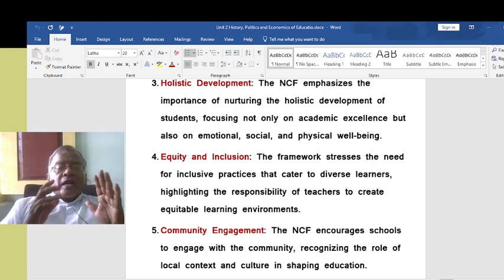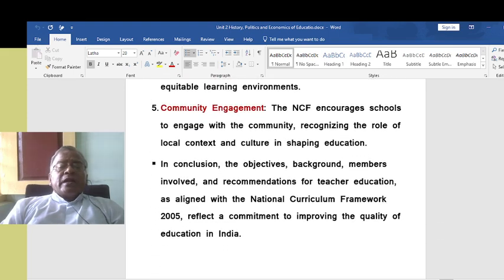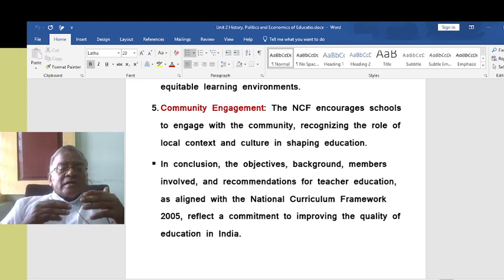focusing not only on academic excellence but also on emotional, social and physical well-being. Then equity and inclusion. The framework stresses the need for inclusive practices that cater to diverse learners, highlighting the responsibility of teachers to create equitable learning environments. Then community engagement. The NCF encourages schools to engage with the community, recognizing the role of local context and culture in shaping education. In conclusion, we can say this: the objectives, background, members involved, and the recommendations for teacher education